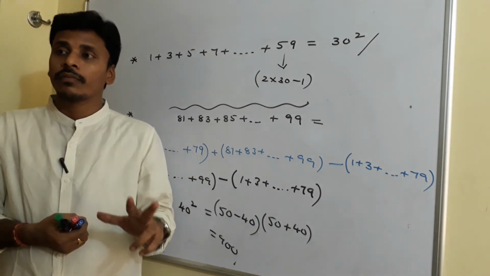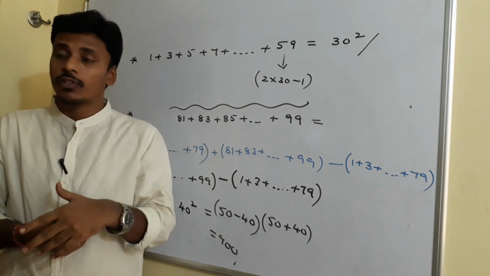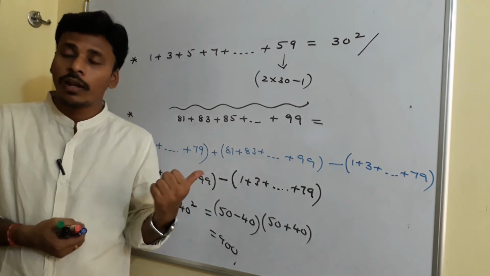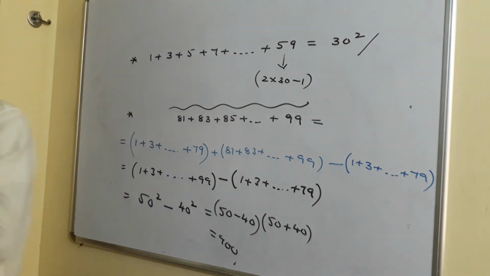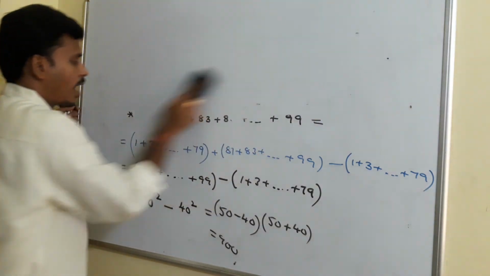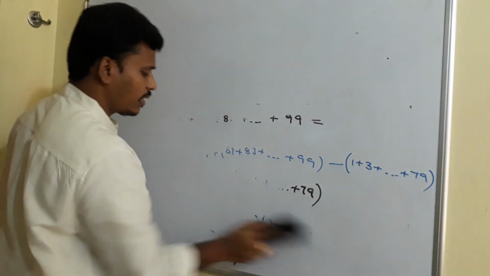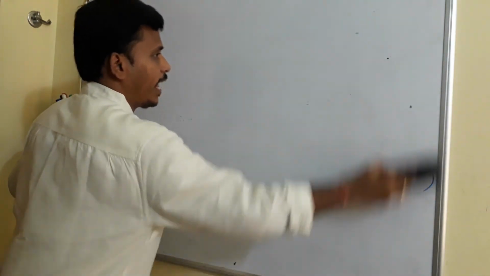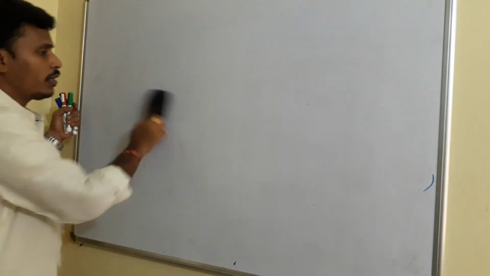In a similar pattern, we need to discuss how to find the sum of the squares of the first n naturals also. If it is over, I will move to that. Just have a look at this. Right, take a screenshot of this. I am moving to the next one, and that is the sum of the squares of the first n naturals. How to find the sum of the squares of the first n naturals, right?